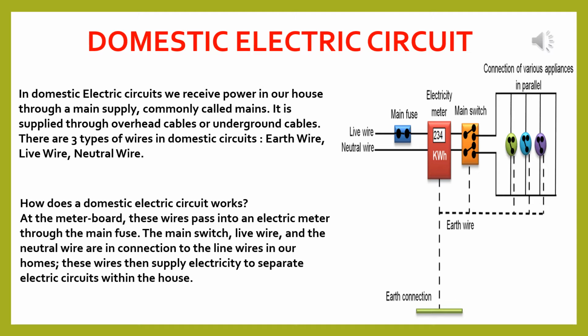Now, I hope you have understood. This fuse is known as the pole fuse, having a definite current rating, which depends upon the load allowed by the supply authority. The output power from the electric meter is connected to the main switch. Another fuse known as the main fuse is placed in the path of the live wire. The body of the main switch is earthed, that means by earth connection. The output electric power from the main switch is distributed to the domestic electric circuit through the distribution board. I hope you have understood this.